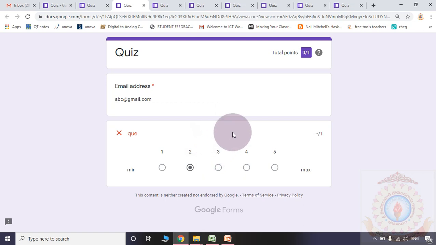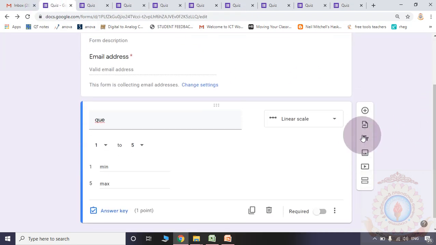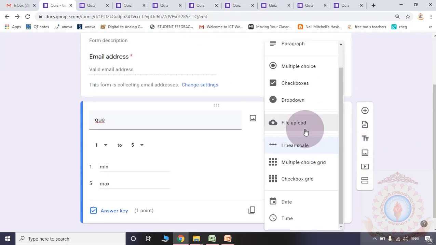So whenever you are giving options like file upload or linear scale, immediate validation of the points, meaning immediate awarding of marks to the question, is not possible.